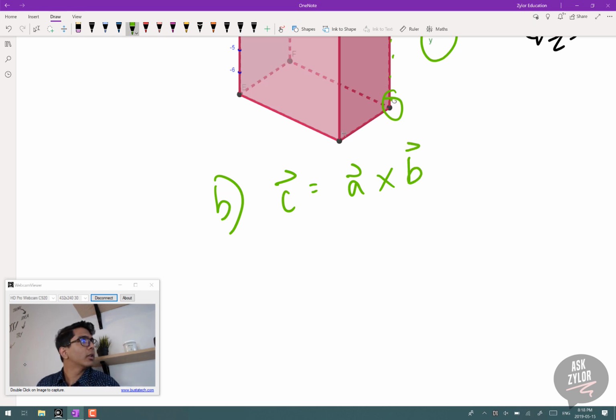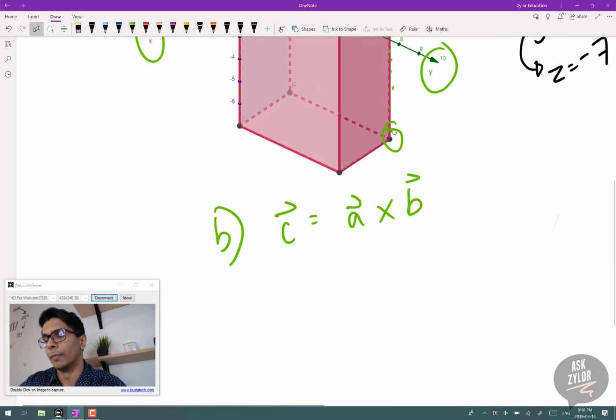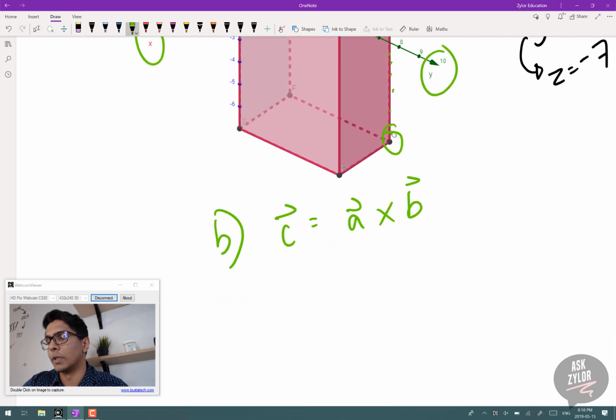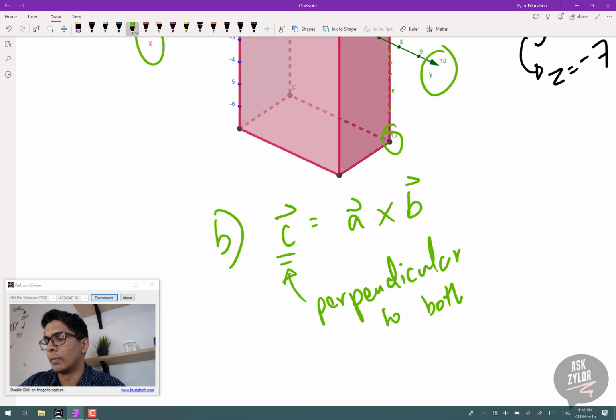It's a cross product. So if we get the cross product between a and b, which gives me a c vector, right? So the cross product means that c is going to be perpendicular to both a and b,